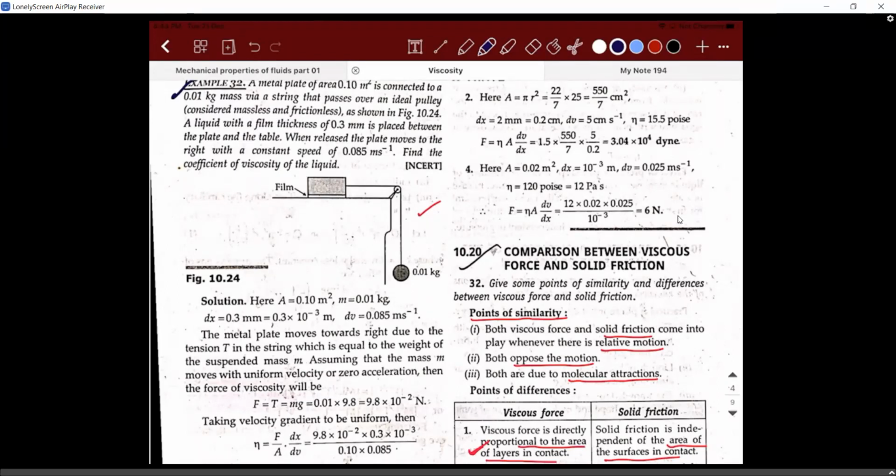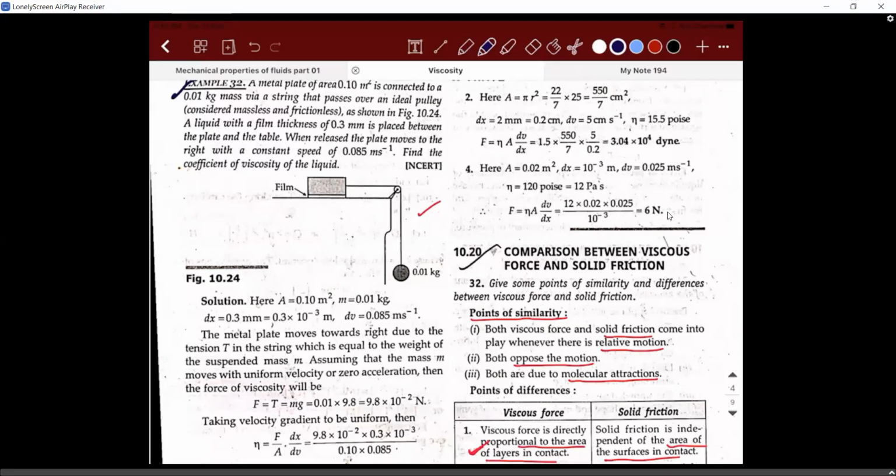So here they use one important word. What is it? Before the speed there is a word that you need to underline. It is very, very important. They told it is constant speed. Means the system is not undergoing any acceleration. So what will be the tension acting in this case? It will be equal to the weight of the ball which is hanging.